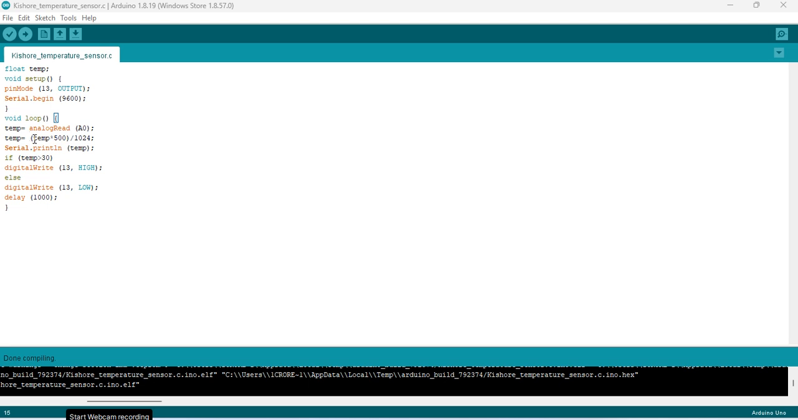So we are using this formula, temp into 500 divided by 1024. This is the formula, and after conversion this entire value will be stored in the temp variable. And after that in the serial monitor we are printing temp in a new line. If there is a conditional statement, if temperature is greater than the 30 value,